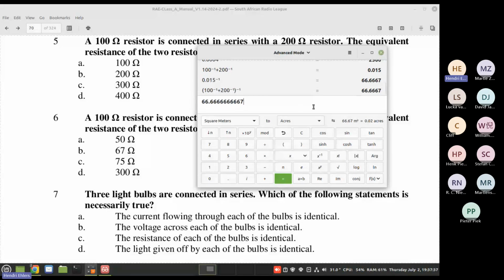And I would suggest don't use the one on the phone or the one on a computer screen, because you can't take that into the exam room. You have to use a normal non-programmable calculator, and it helps a lot if you're familiar with your calculator when you sit there and you want to do a calculation. So practice with a calculator that you're going to actually use on the exam day.